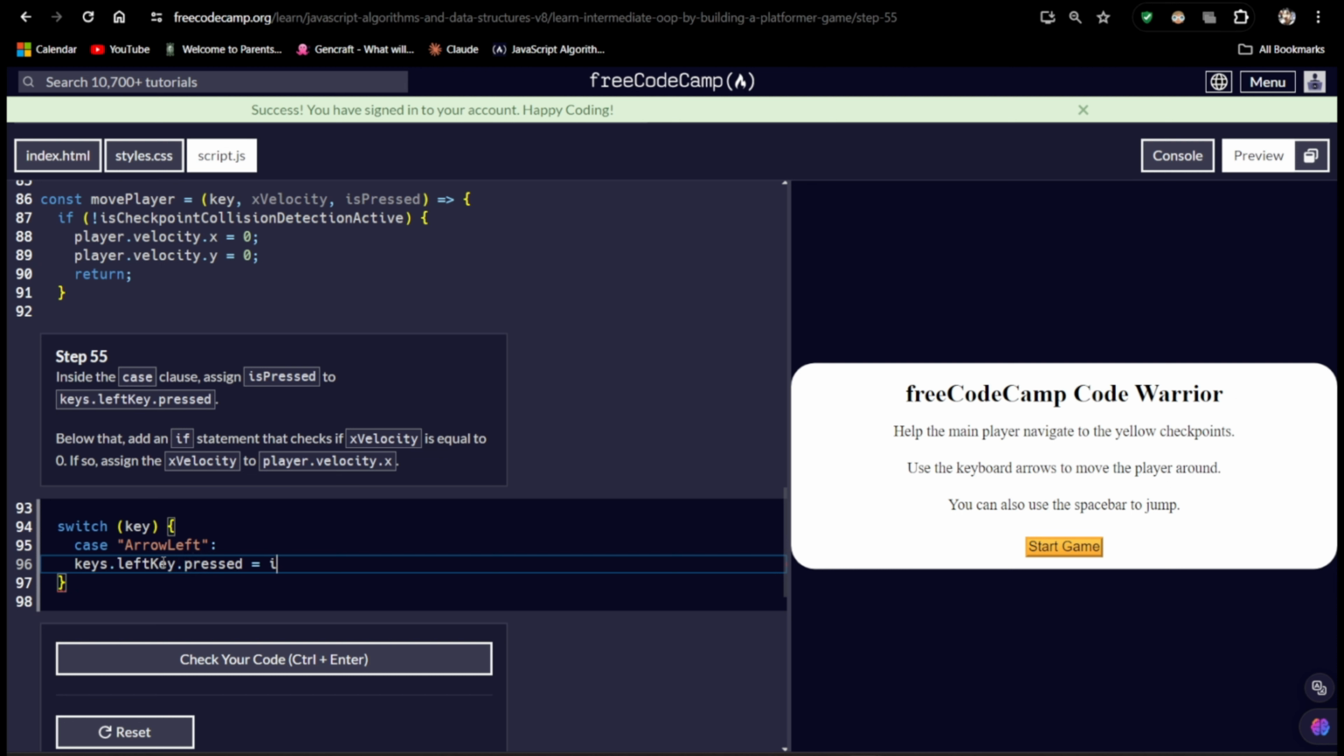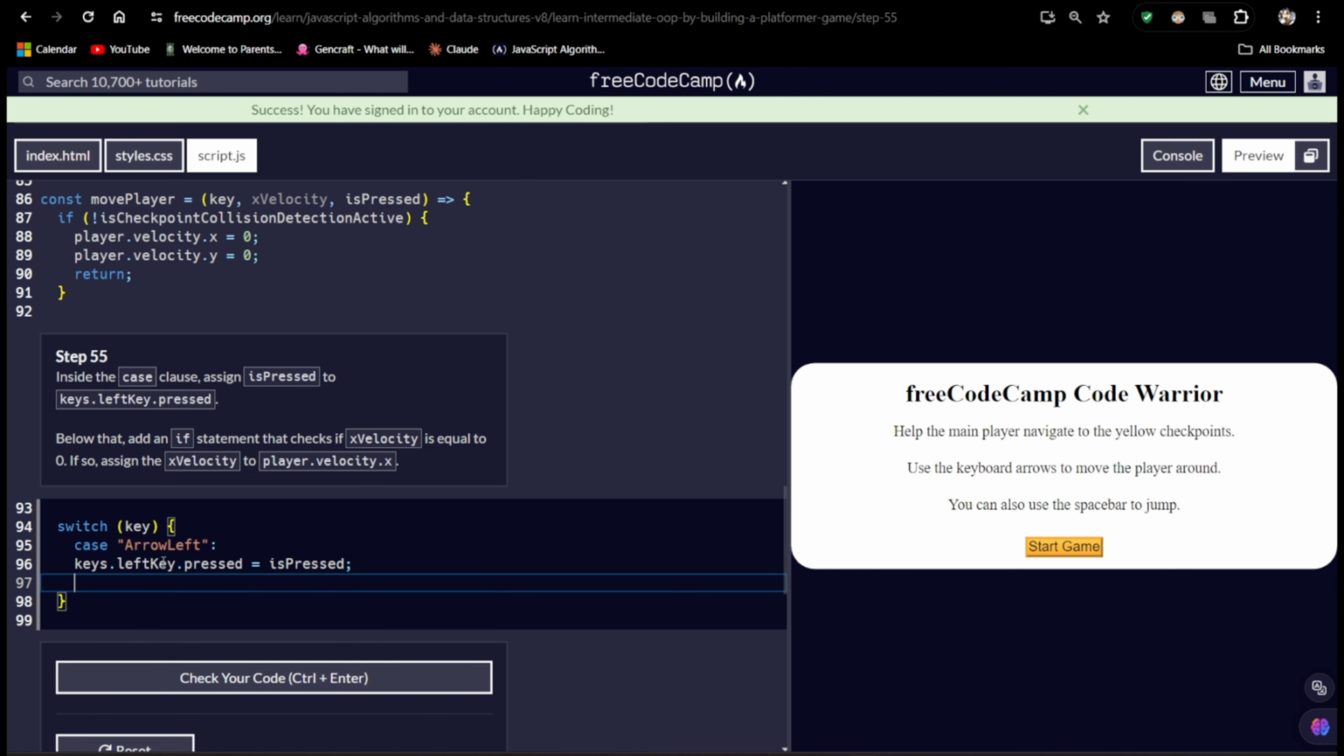And we are to assign the boolean is pressed. So if we read this, we are actually just telling JavaScript that the left key is pressed. We are pressing the left key. And it says below that, add an if statement,